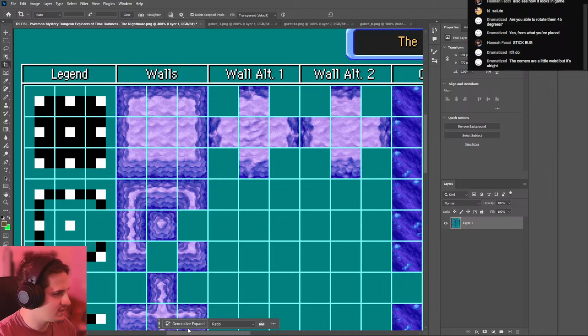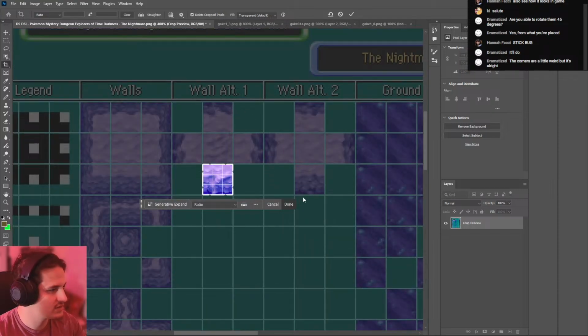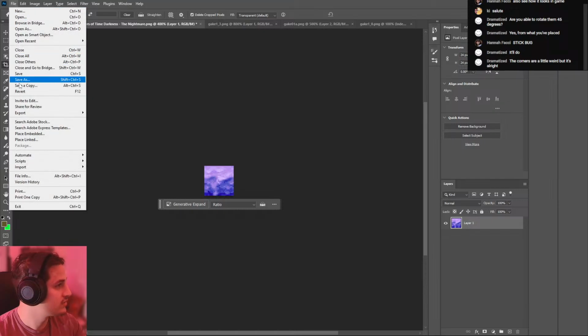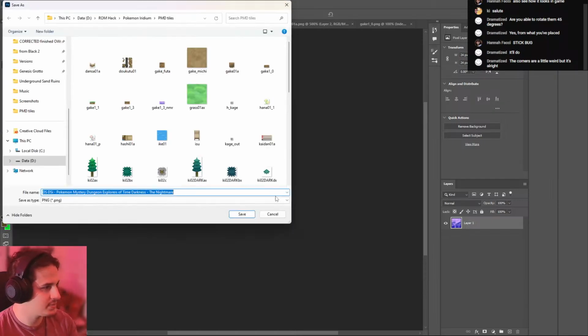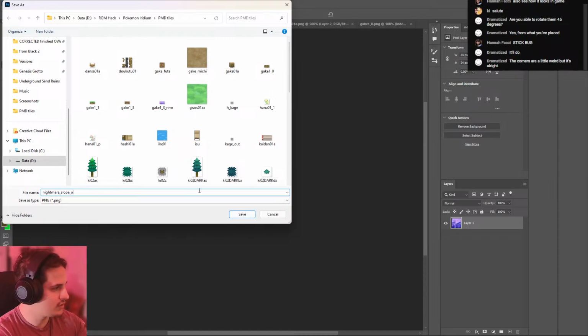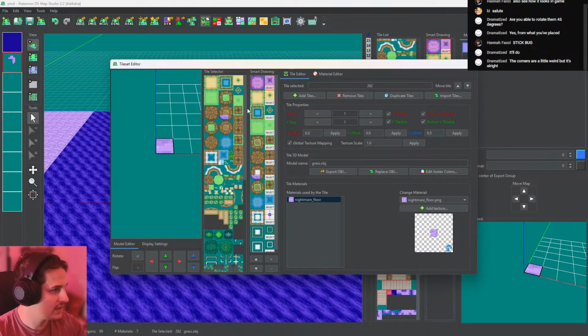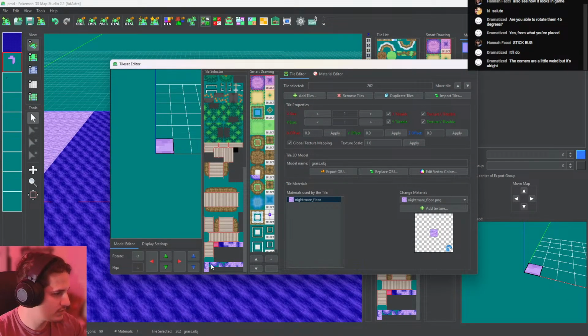The interesting thing here is that I think we can just grab them now that everything is set up. So we go like this. Let's actually try this out. I think we might be able to do some cool stuff. So we'll call this Nightmare Slope Alternate. And then, yeah, we'll grab